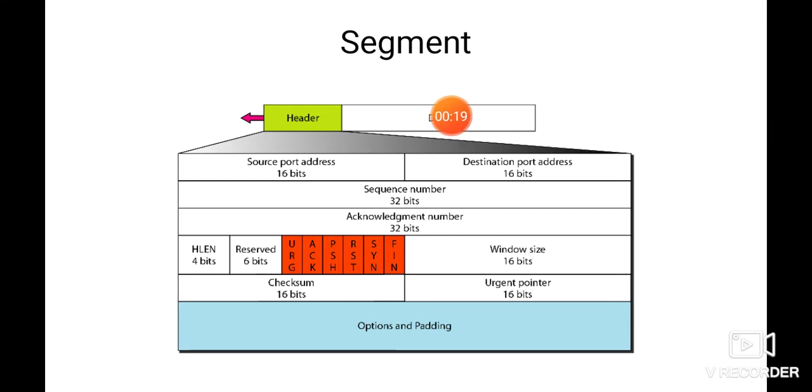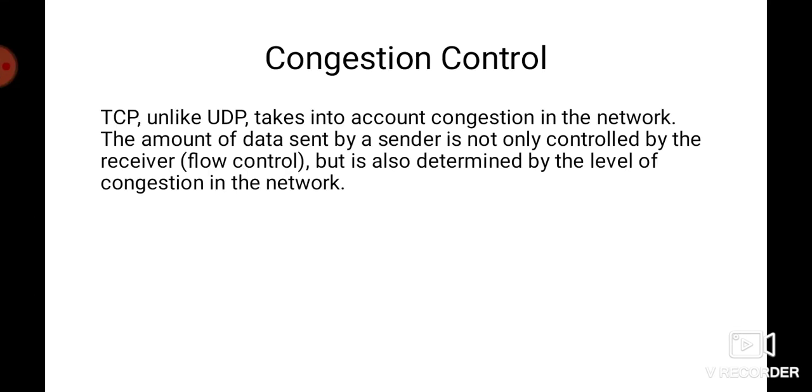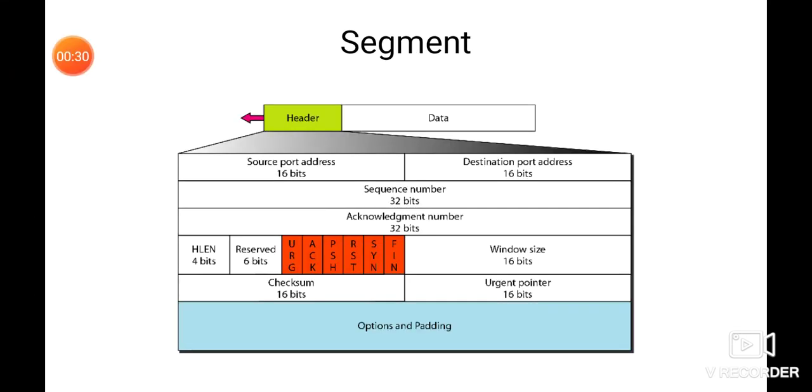Today we will see the protocol architecture of TCP, and how the connections are made and how the data is transmitted in TCP. What are the phases used in TCP for data transmission? So first of all, we will see what is the segment in TCP. What is the architecture of the segment in TCP?